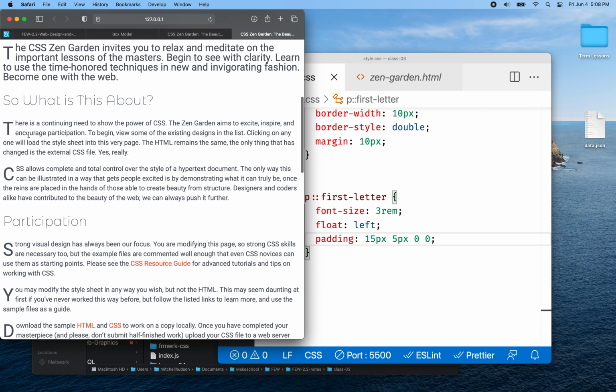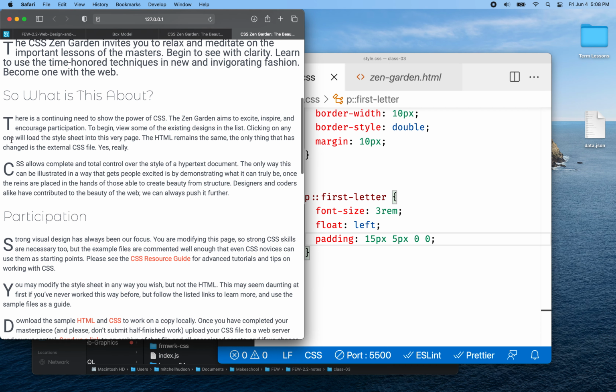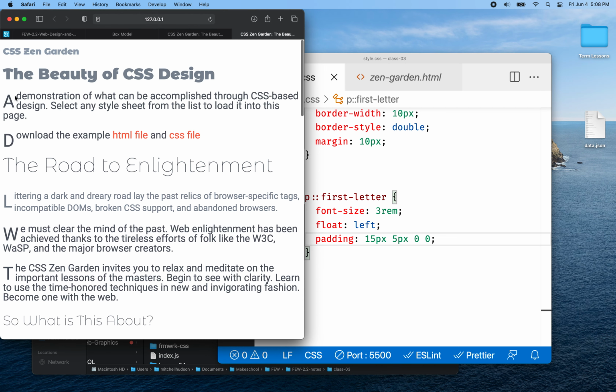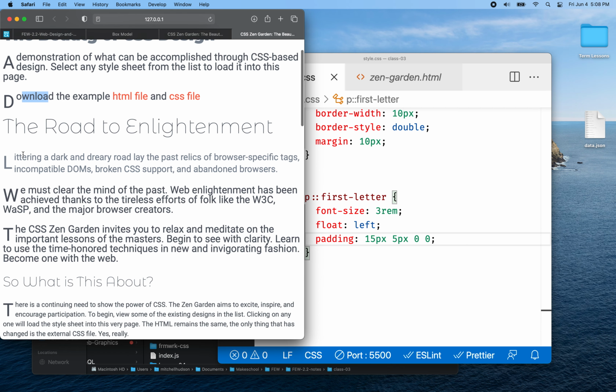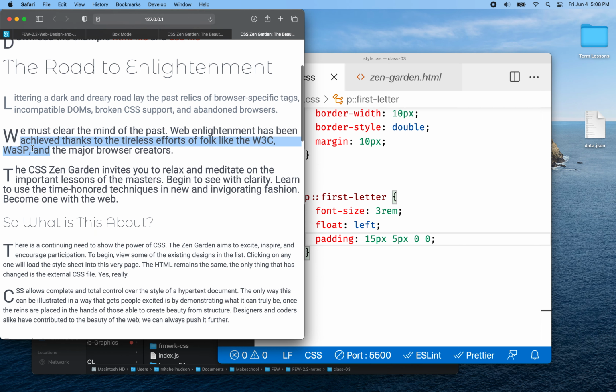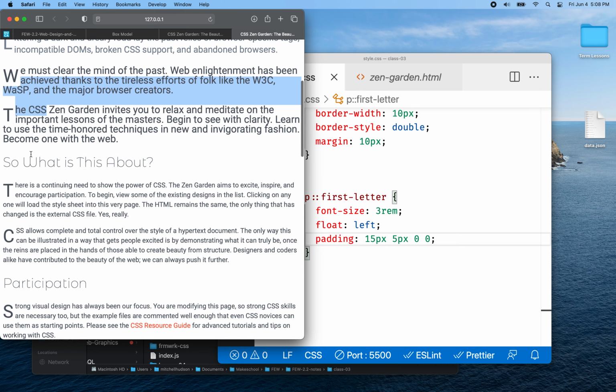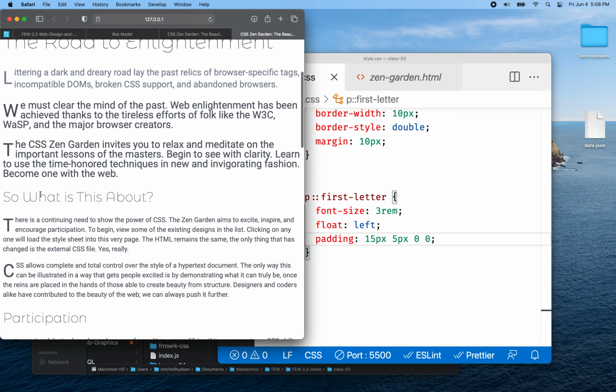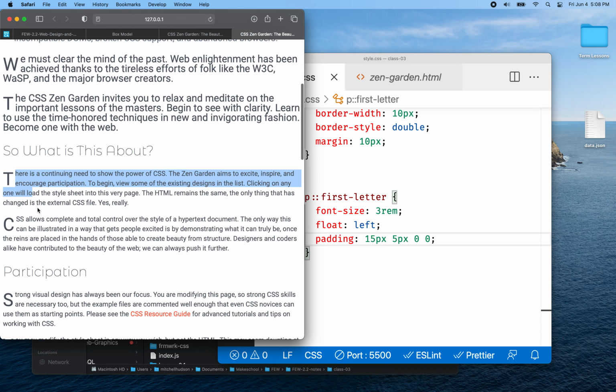Maybe it's not perfect for this page, but just for fun, this might be a good thing to experiment with, right? So that looks pretty good. You know what? It looks a little weird up here, especially right there. Doesn't look good. This one, not good. These, not right. Maybe it could look good if I change the numbers, right? But down here, maybe this looks okay. So what I think I'm going to do here is I'm going to target only the paragraphs that are in